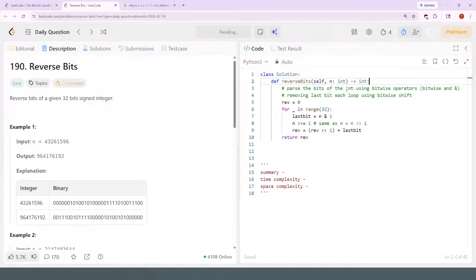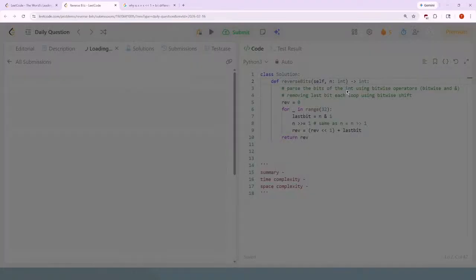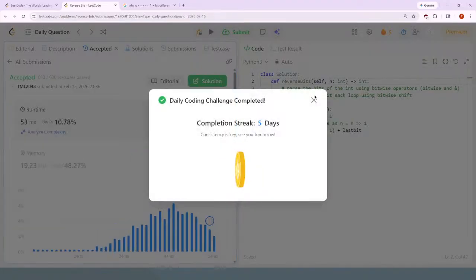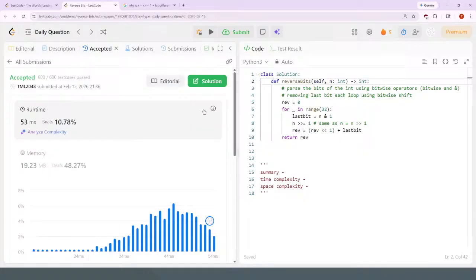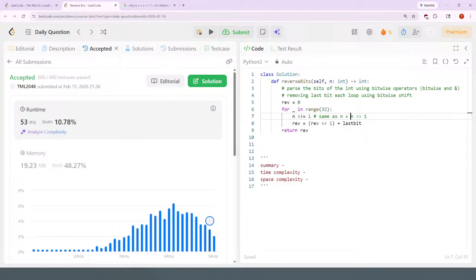Okay, let's go ahead and run it. Wow, that's really slow. Okay, okay. I guess maybe the last bit here is a little extra. I think I can just do last bit is